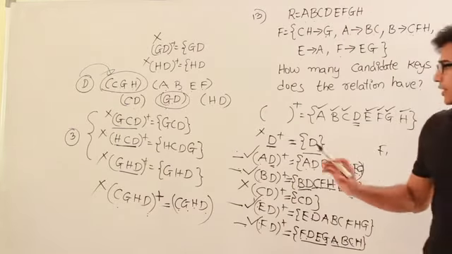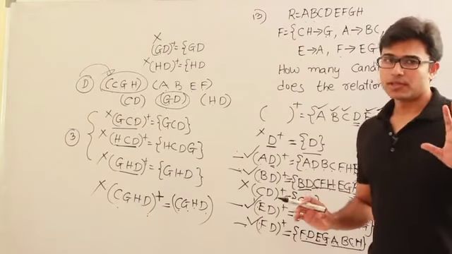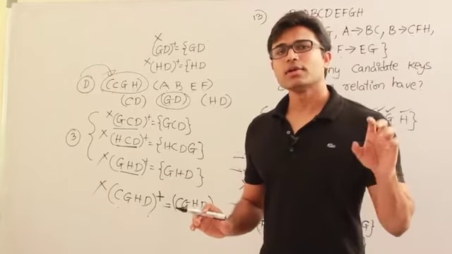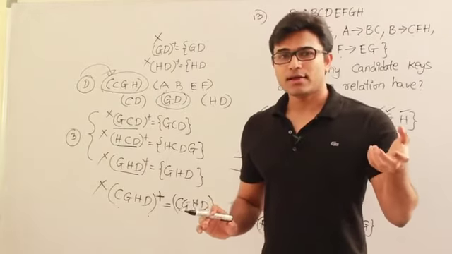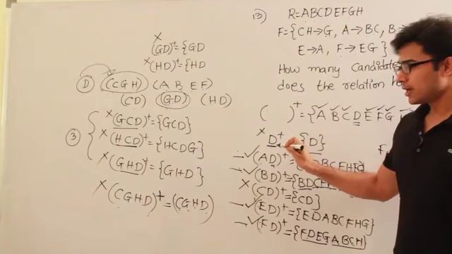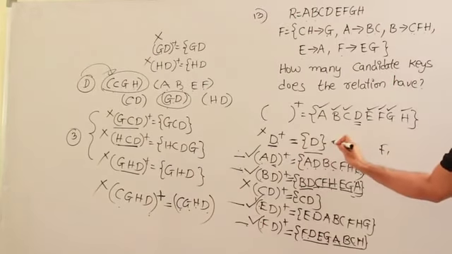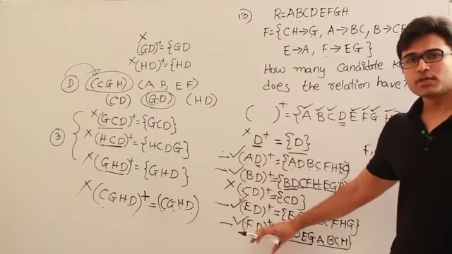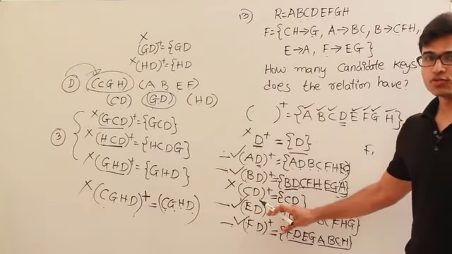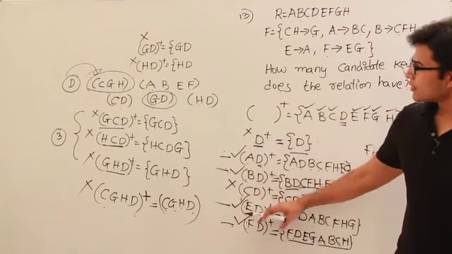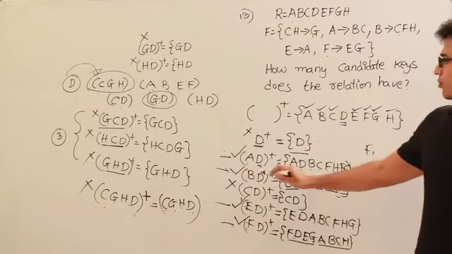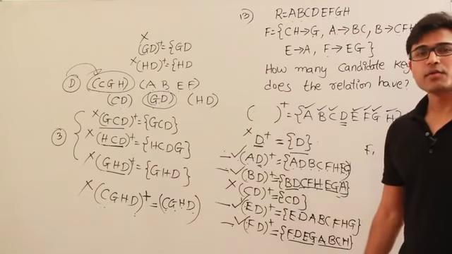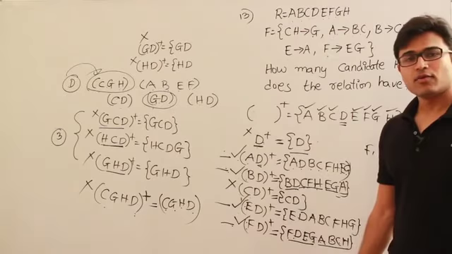If you didn't understand this, see, simple. One thing is, you will know that definitely D should be there in whatever the candidate key is, right? Therefore D has to be contained in a candidate key, and I tested if D is the key itself, but D is not a key. So I tried to find out all the possible candidate keys of 2 attributes. Why did I get only these 7 possibilities?